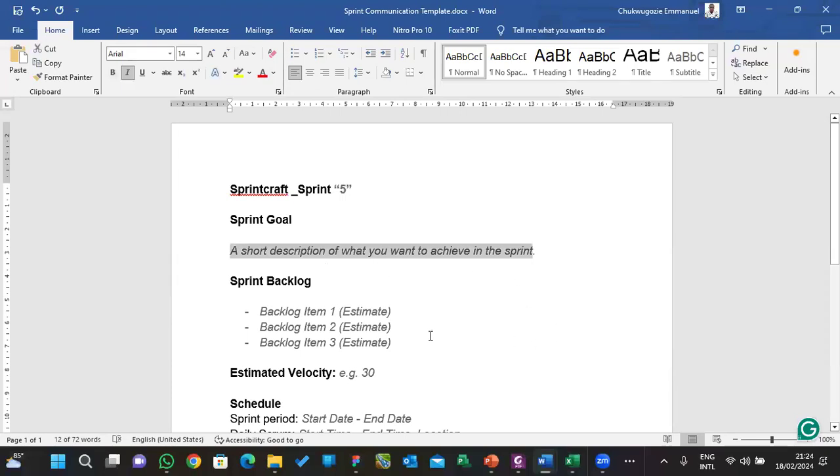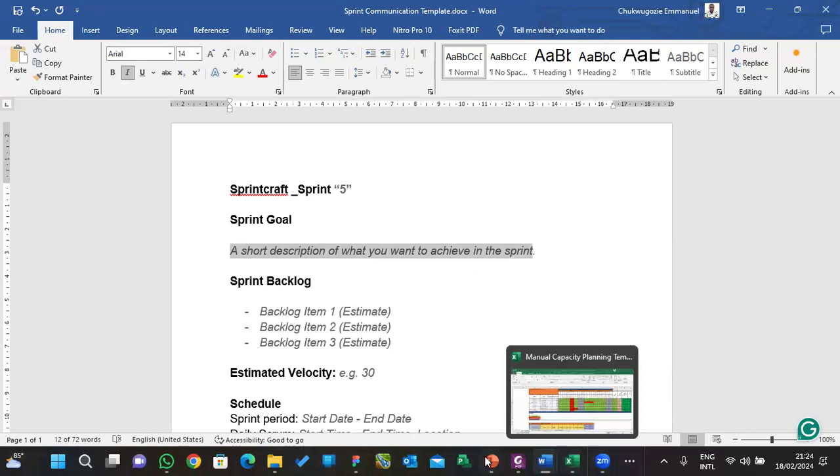After writing the sprint goal comes the sprint backlog. What are the backlog items that were selected? You're going to mention the backlog items that were selected and also the estimate they have. I'll just pick some things from